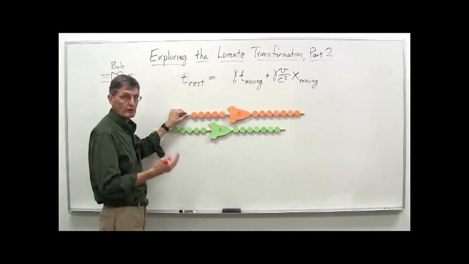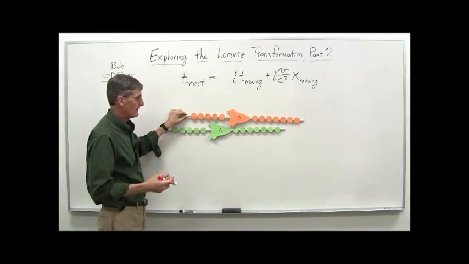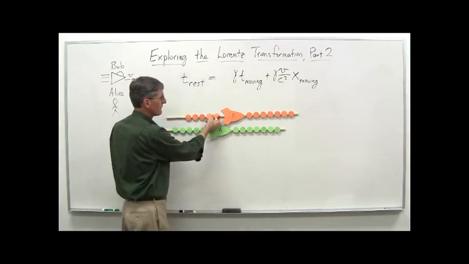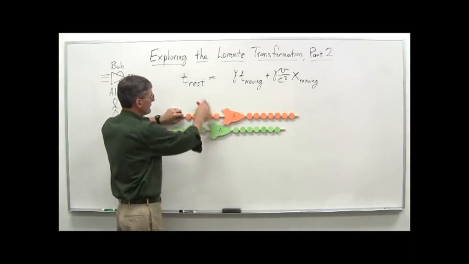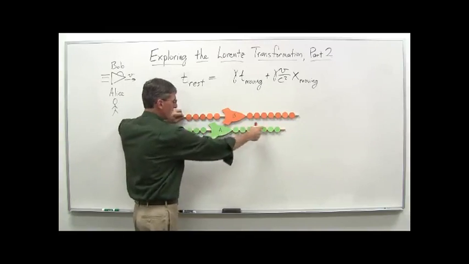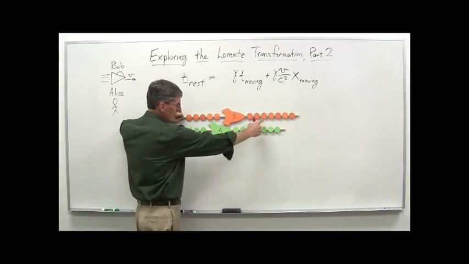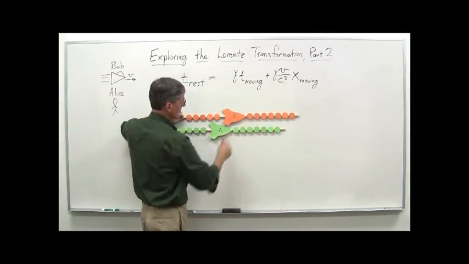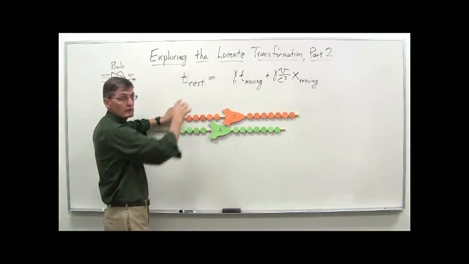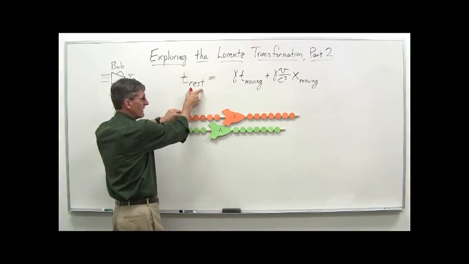The question is, what are the readings on Bob's clocks? And we're not going to put numbers in here. We just want to get a qualitative sense of this at this point. So let's imagine it's something like that there. And note one thing about our equation here: let's say we've got a time right here. These are all 10 seconds reading on Alice's clock. So we've got 10 seconds on that one. What is the value of the corresponding clock right here going to be on Bob's clock at that instant in time? Well, according to the Lorentz transformation equation here, if this is 10 seconds over here, according to Alice,